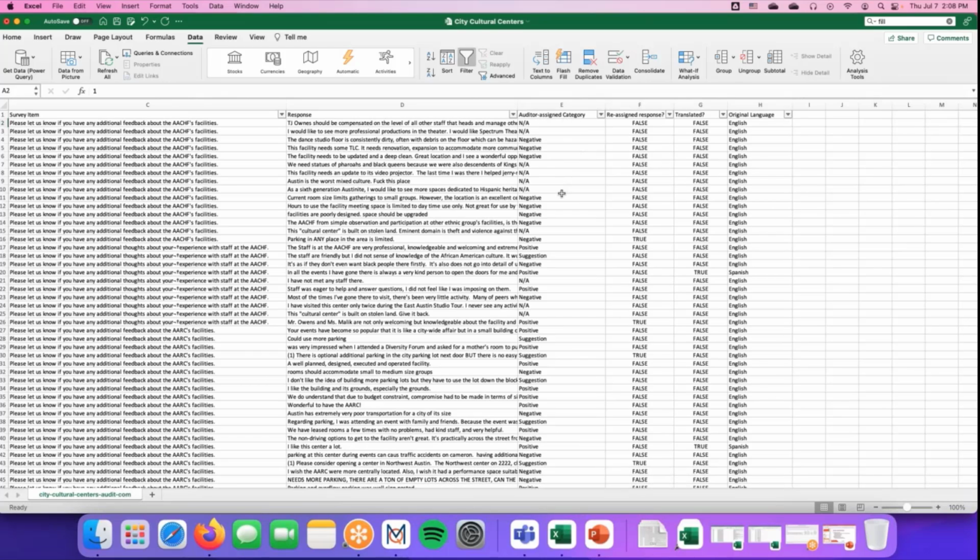The auditor assigned categories, so they're looking at the response and basically giving it a basic negative, positive, or suggestion label, which is a really great place to start with survey data. It's difficult when you have so many responses to just jump into the whole data set. But if you can do a quick pass and decide, is this a negative, is this a positive, is this a suggestion, that way you can filter in on some specific pieces in your data set. So instead of looking at 800 responses, you're looking at maybe 200 or 300, which is a lot more manageable